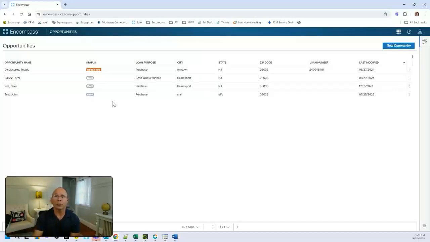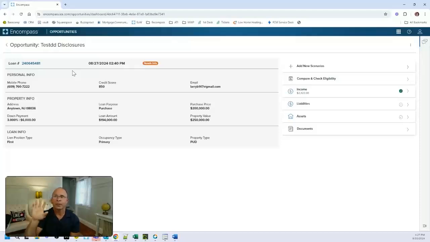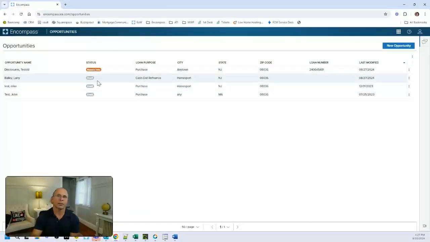So please make sure that you go through opportunities, show your sales team what's possible. Again, can you get into the loan file? Absolutely. Do you have to go into the loan file here? Not at all. You can simply create opportunities and have your sales team leverage those to keep the conversations going. That can turn into live files, just like this one here.